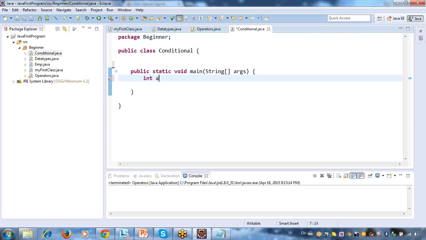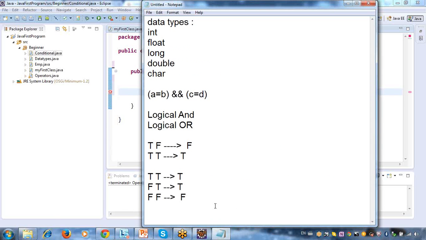So here, int a is equal to 100, int b is equal to 200. Now I wanted to implement my if condition. What is your if condition? You remember? See, if condition is very simple. This is how you need to implement.